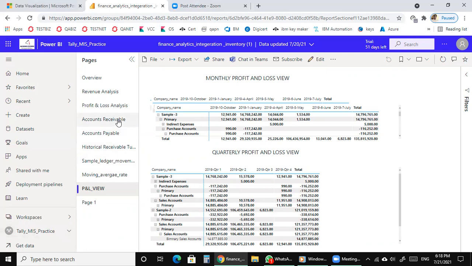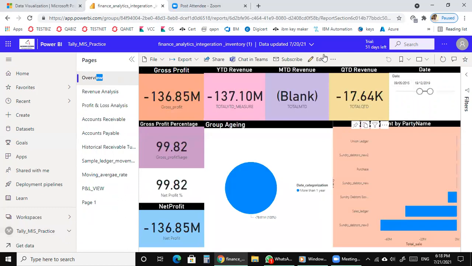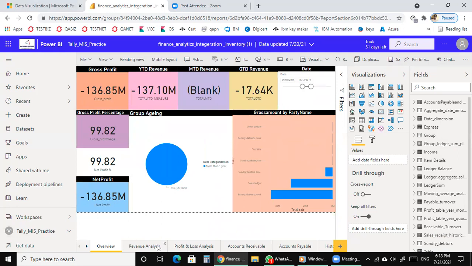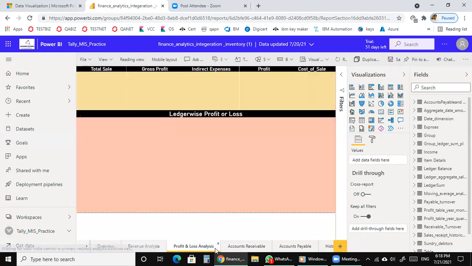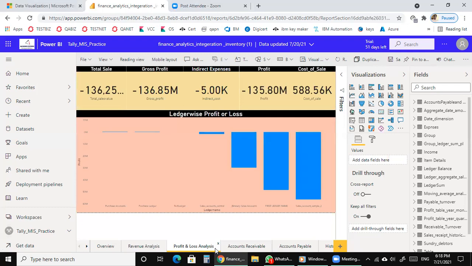Okay, sir. Yes, sir. This is my overview. And whatever is there here, if I go to edit, I can change. And this is my revenue chart and the back end. It is using JSON, profit and loss. Sorry, sir.